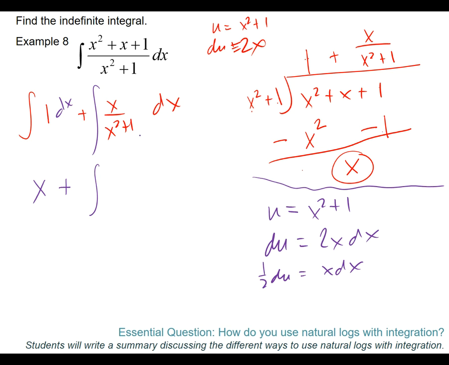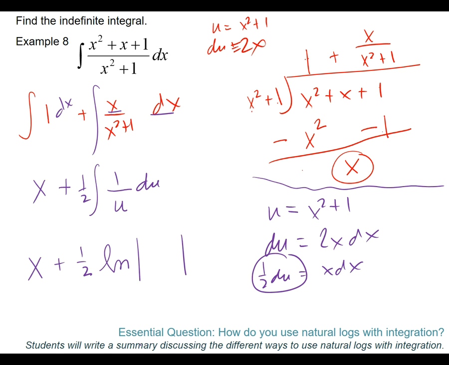Alright, let's sub it. So for the x squared plus 1, what are we putting in? u. For the x dx, we are putting in 1/2 du, and then I'm going to have the 1 to the top. Alright. Dropping down the x plus 1/2, and I integrate 1 over u to get the actual log, absolute value of what? u plus c. Could I just go ahead and put my